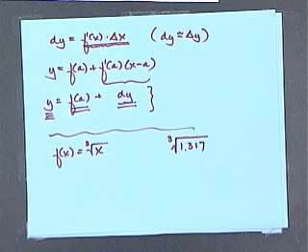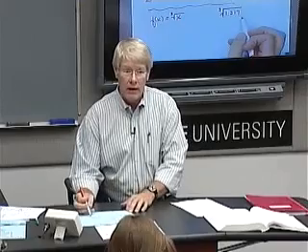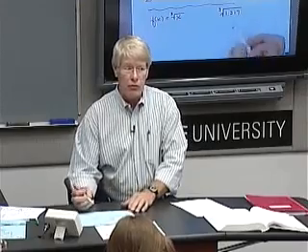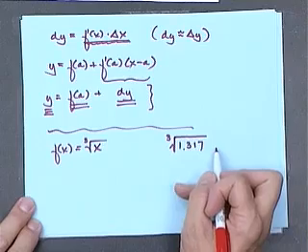Does anybody know that right off the top of your head? Come on. Cube root of 1.317. I don't know it either. But isn't this pretty close to 1? Right? So if we take a value that's a whole lot easier to work with than 1.317,